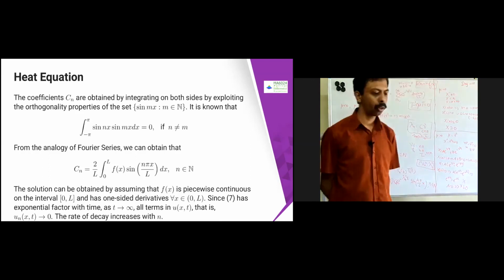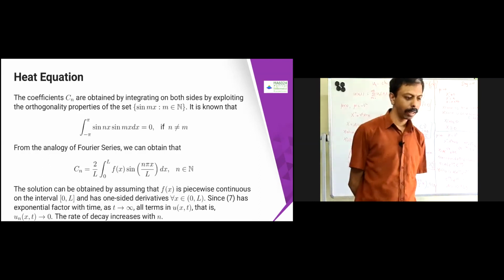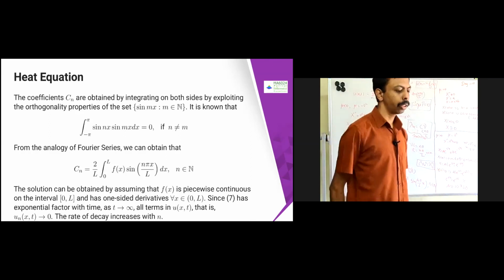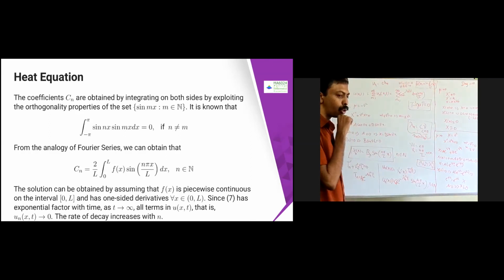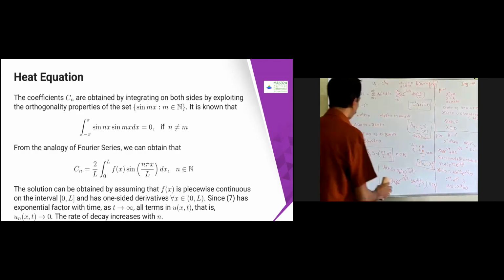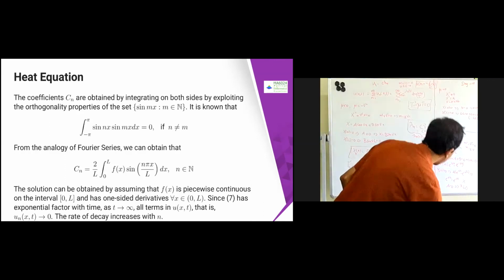So what is it going to do? If you take minus pi to pi, sin mx into sin nx dx equals 0 if m not equal to n. This you can verify. So using this property, and using uniform convergence and other conditions that are assumed, what he does is find the coefficients. What I'm going to do is rotate here.